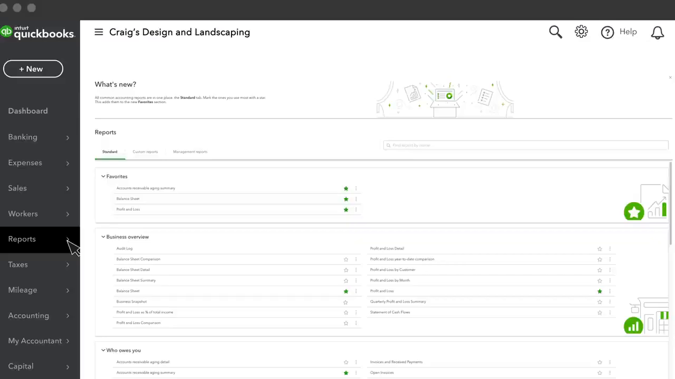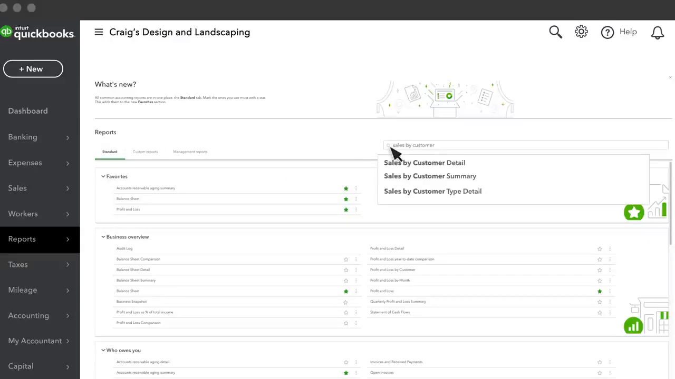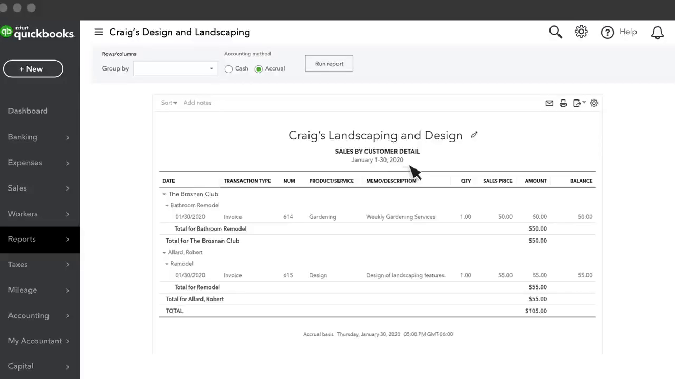Let's build a report that shows the sales for each sales rep. Start with a normal sales report, like a sales by customer detail report. Right now, this report shows every line of every sales transaction in the report's date range, and everything is totaled